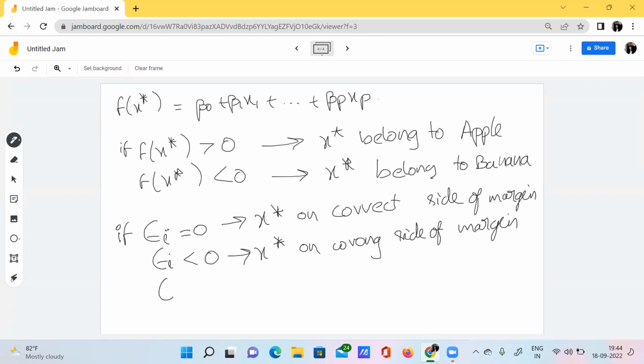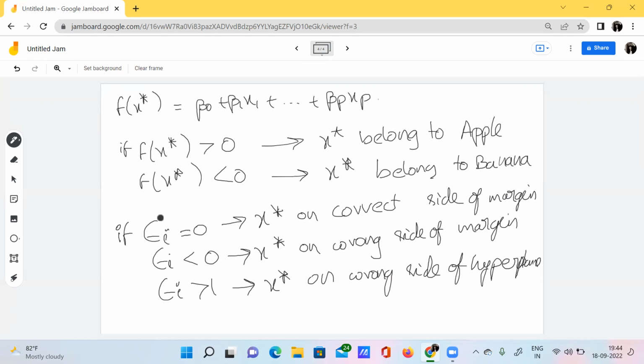And if epsilon i is greater than 0, the data point is on the wrong side, not of the margin, but of the hyperplane itself. It's actually crossing the hyperplane.